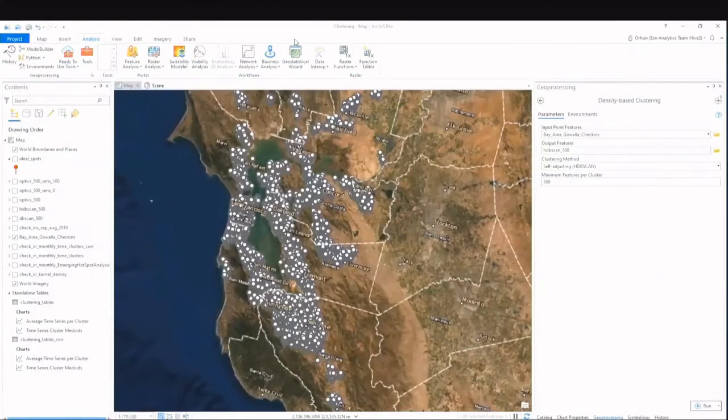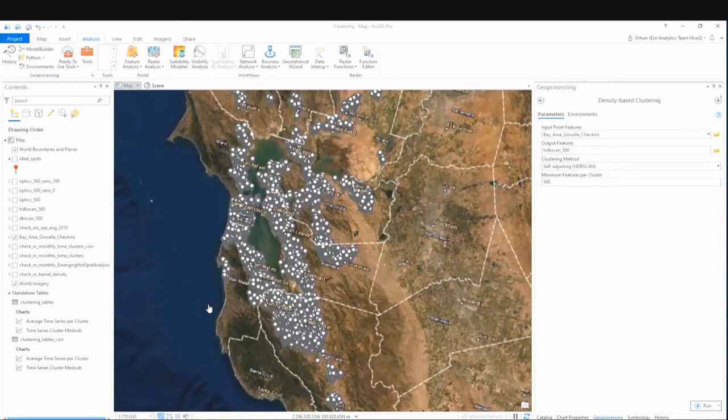In this demo, we will delineate popular neighborhoods in the San Francisco Bay Area using check-in data. The data you see on the map are pins from an app called Goala. These are check-ins. The idea here is finding statistically significant dense areas from these check-ins so that we can describe areas that are popular. In other words, areas that have a significantly high number of check-ins.